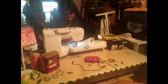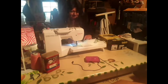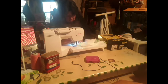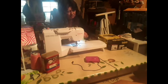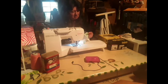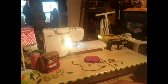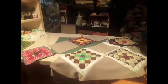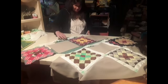Alrighty. Now these are the last two that we have to sew on. Alright. Cut in the middle. I think that's one more. There we go. Now then, we got the strips. Now one goes up here and one will go down here. We have